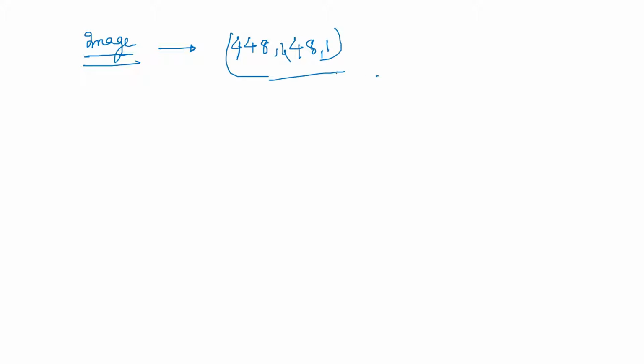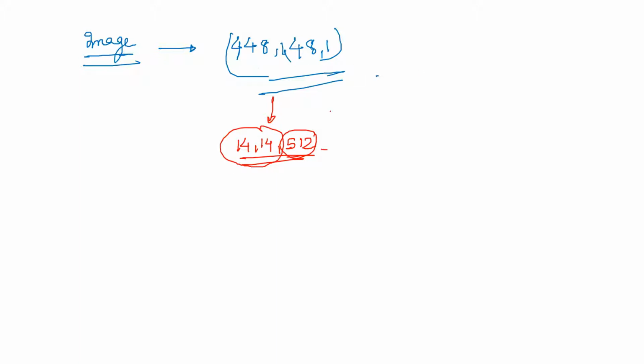So first of all, for image processing, the first thing is to bring it to an appropriate scale. In the slides which I am going to show you, as well as in the papers, first of all what they have done is take the image and resize it to 448 by 448 by 1. This is the resizing shape, meaning no pre-processing has been done, only the resizing. And then by applying some functions, they have scaled it down to 14 by 14 by 512, meaning 14 by 14 and 512 channels.